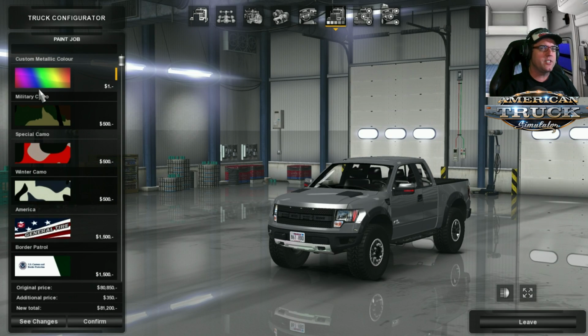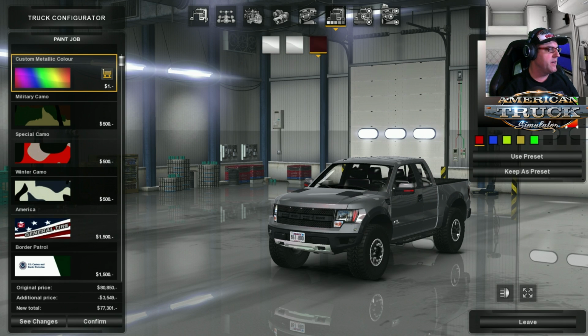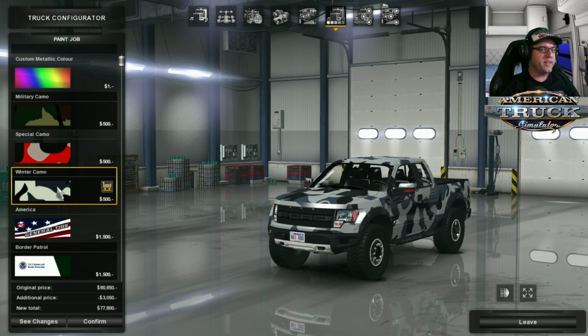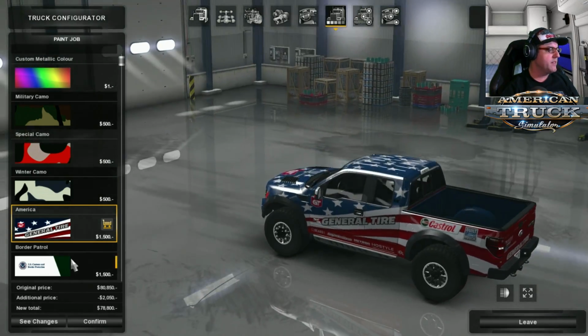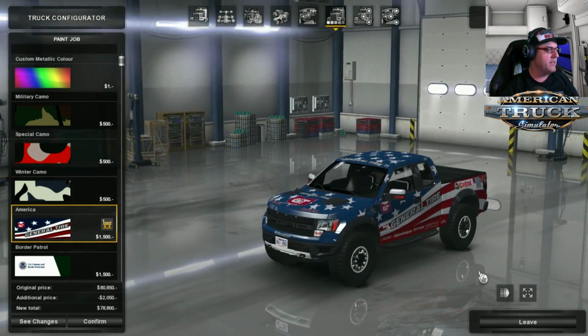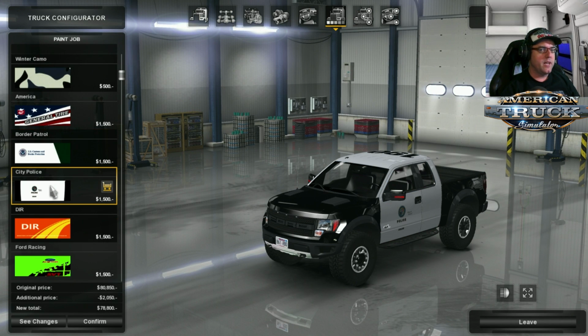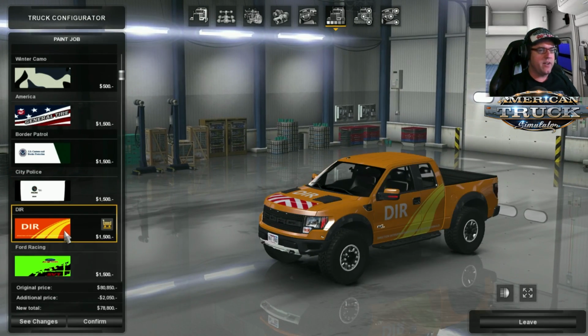Now there is a large selection of paint jobs, and we start with the custom metallic. All three of these colors do actually work, which is very good, as you can see there. There is military camo, a special camo, winter camo, then there's America, and it says General Tires. So if you want to pretend to work for a tire company, now you can. Then you can go Border Patrol, City Police, if you want to be a copper, and then there's DIR,